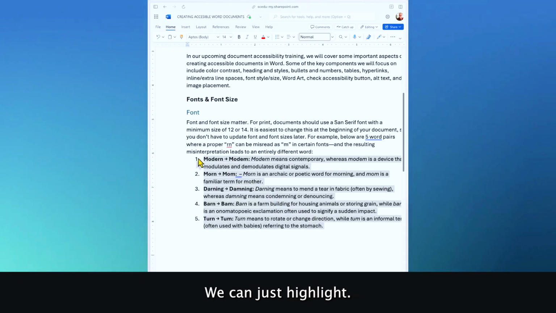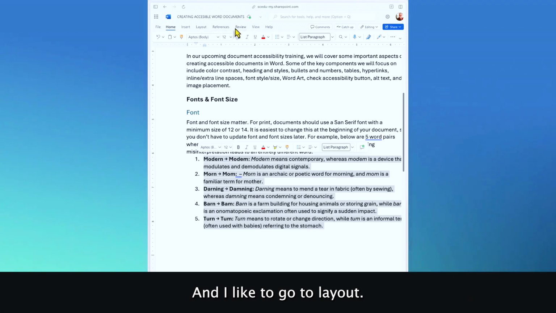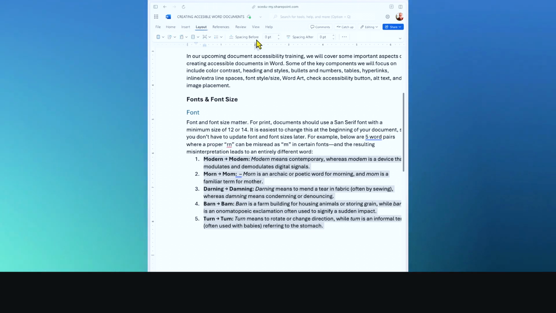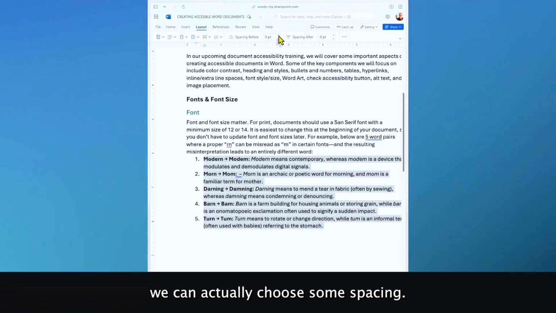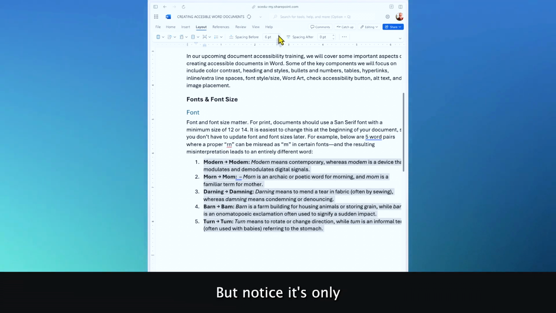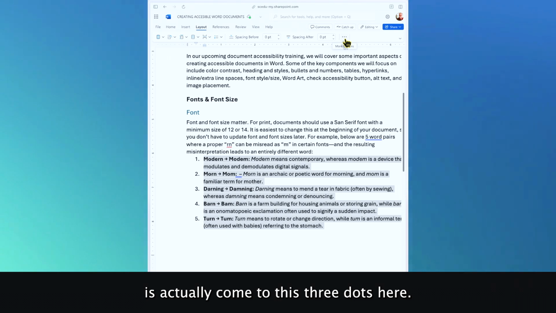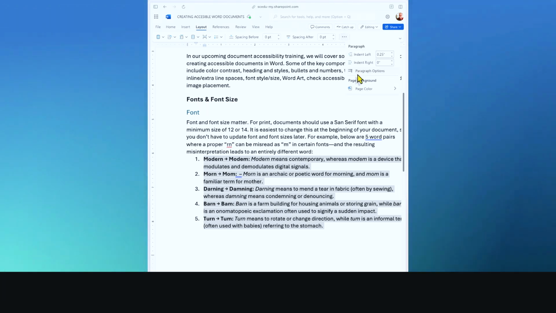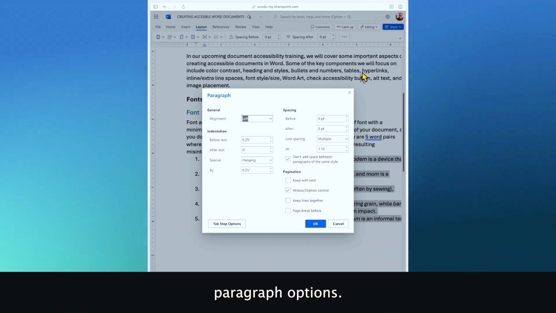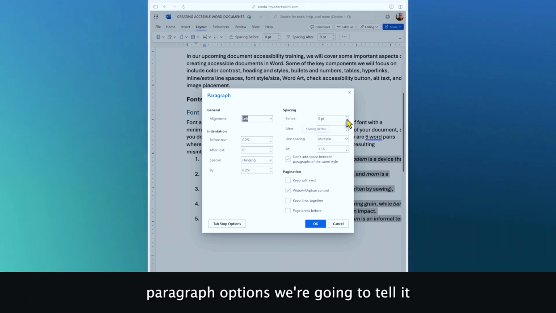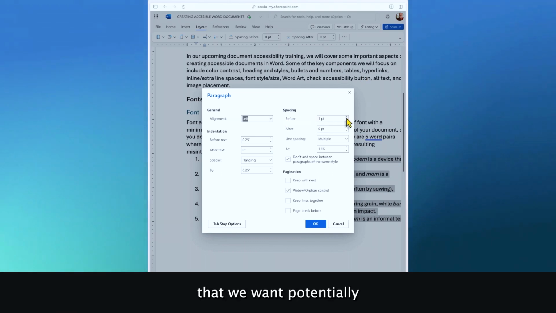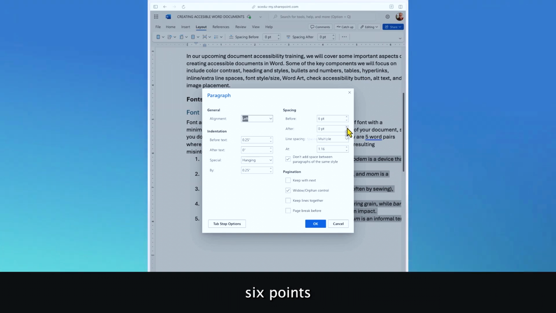We can just highlight, and I like to go to layout, and in the layout we can actually choose some spacing, but notice it's only putting spacing here and not actually between the numbers, the list. So what we're going to do is actually come to this 3 dots here for more options, and we're going to choose paragraph options. When we choose paragraph options, we're going to tell it that we want potentially 6 points between